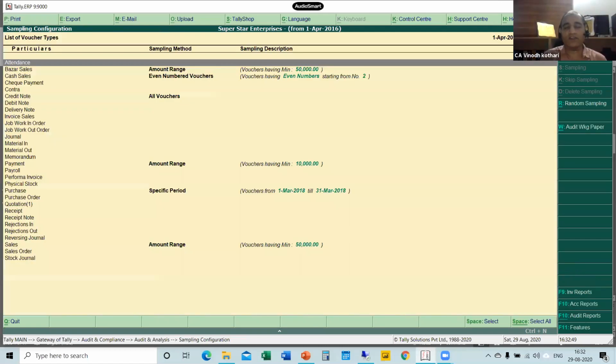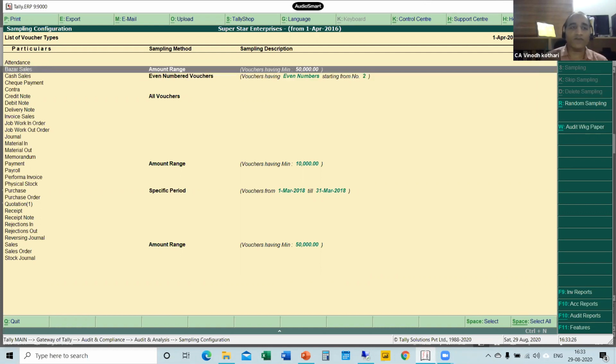So the next working note we are going to prepare is the sampling method. Now, what is this sampling method? For the purpose of doing the audit, we decide, for sales, for purchase, for payment, for receipt, what is the percentage of vouching we have to do? And there are two options. One is that we can tell our staff to select the sample vouchers and do the audit. That is one method, that is manual sampling. The second option is you can do the sampling by the computer. The computer itself will select what sampling is required.